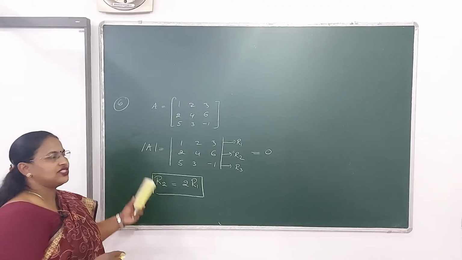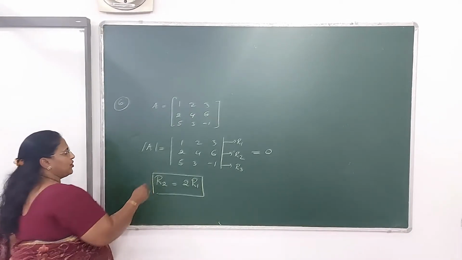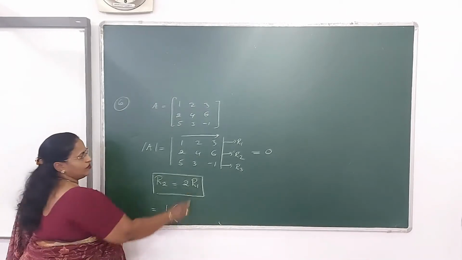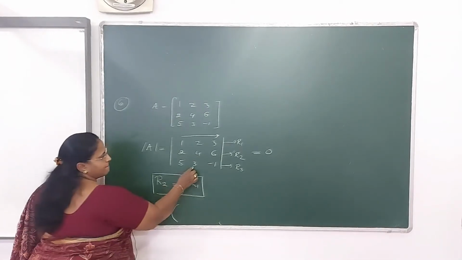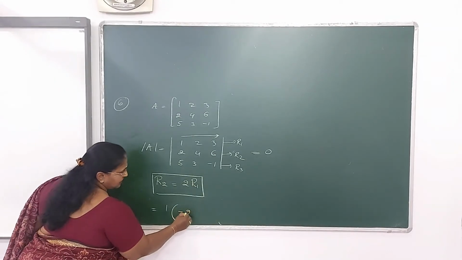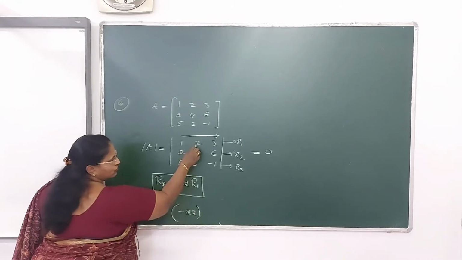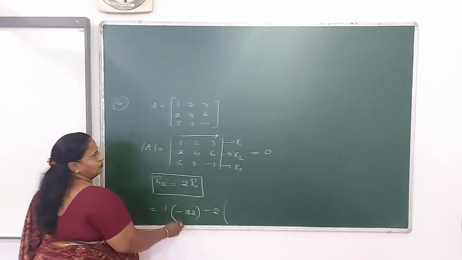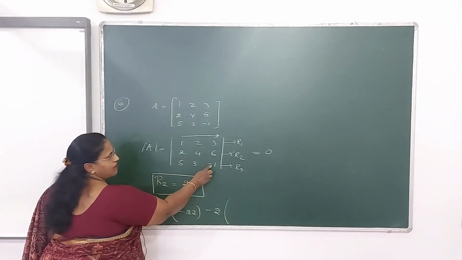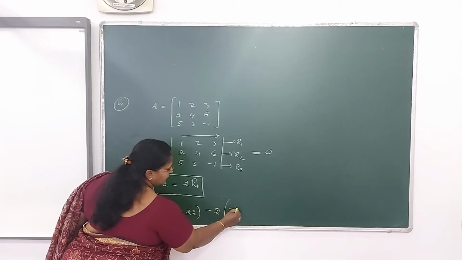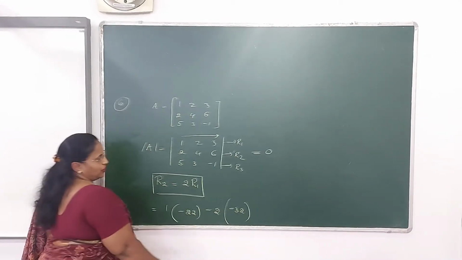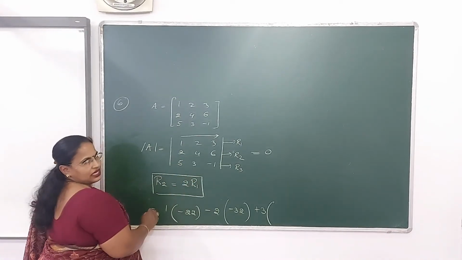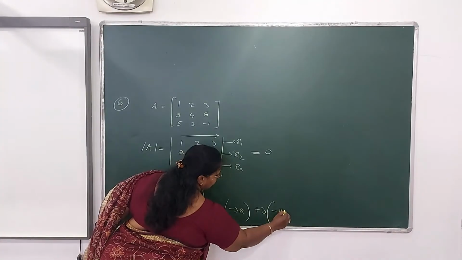You can expand and check this. Okay, let me do this for you. Expand it. So it's 1 into, this is minus 4 minus 18, which is minus 22. Moving to the next element, before that you have to place a minus sign. Now open the bracket, so it's minus 2 into, delete the row and the column, this is minus 2 minus 30, it's minus 32. What about the next element? It's 3 times. So it's 6 minus 20, which is minus 14.